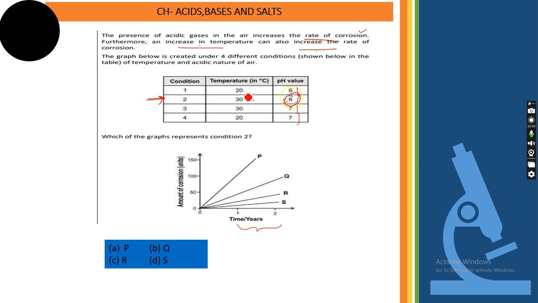यहाँ पे एसिडिक है, यहाँ पे टेम्परेचर भी ज़्यादा है, so corrosion कौन सी कंडीशन में ज़्यादा होगा, so you see here कम टाइम में कौन सा वाला ग्राफ, which line is occurring within less time, corrosion is occurring. If you see here S is beyond 2 years, R is also beyond 2, Q is also beyond 2 years, remaining is less than 2 is on P, right? So P में amount of corrosion भी सबसे ज़्यादा है, and in less amount of time, that is rate of corrosion is also the fastest. So P should be the correct answer.